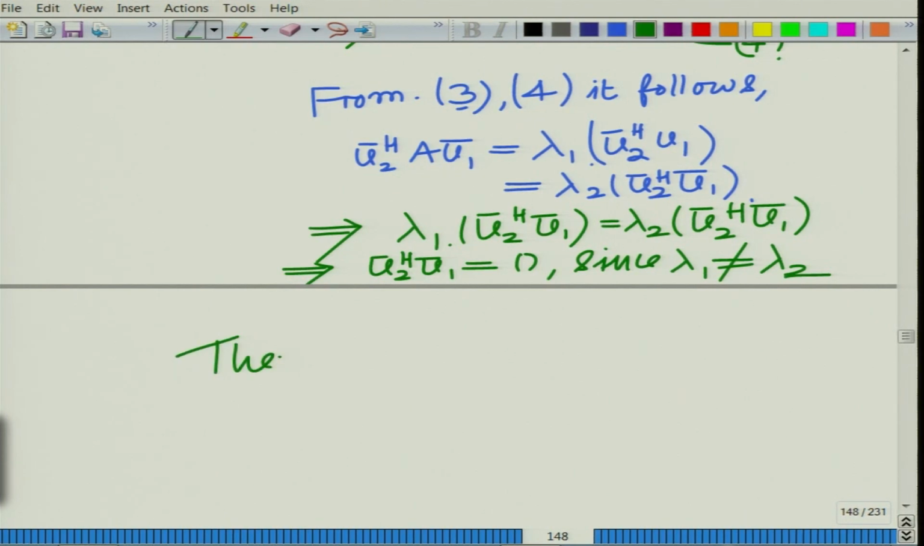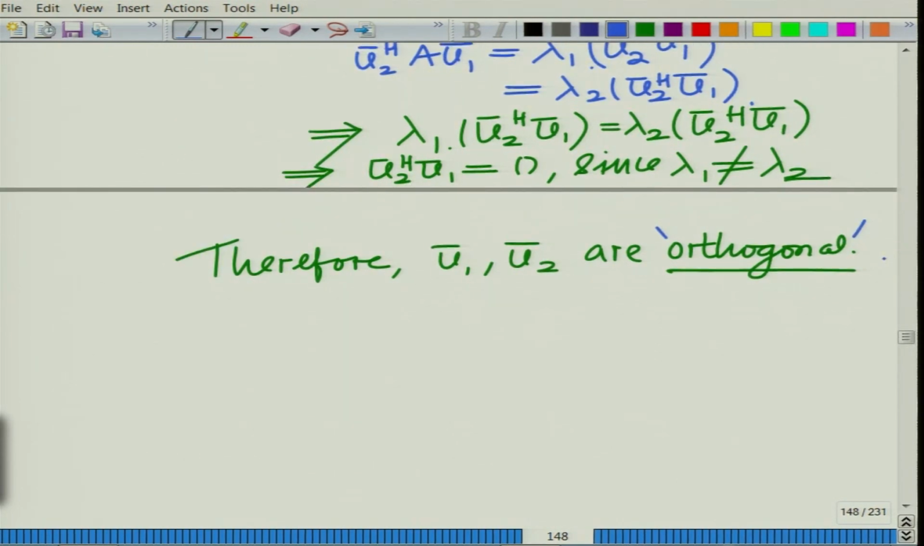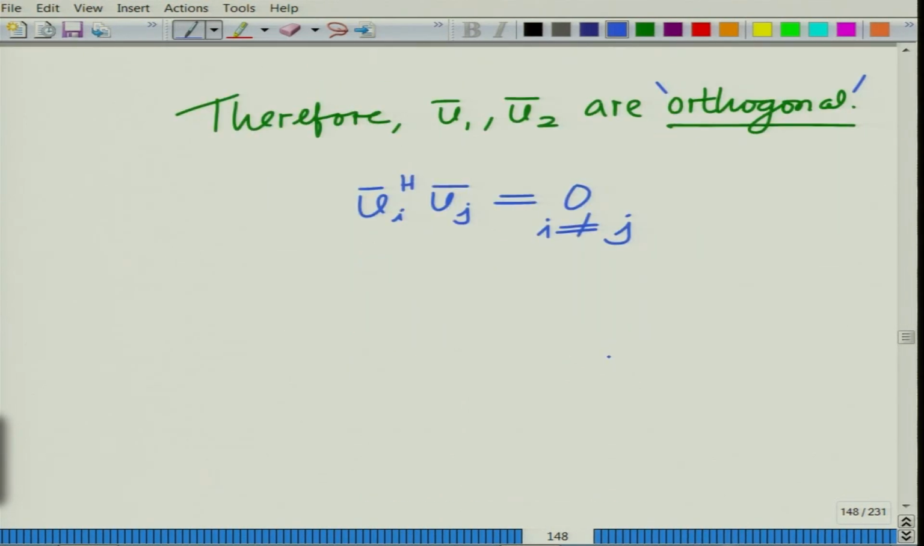Therefore, what this implies is u1 bar, u2 bar are orthogonal, and this is a very interesting property. These are orthogonal, that is, if you look at any ui bar Hermitian uj bar, it is going to be 0 for i not equal to j, and these are eigenvectors corresponding to the distinct eigenvalues of a positive semi definite matrix,